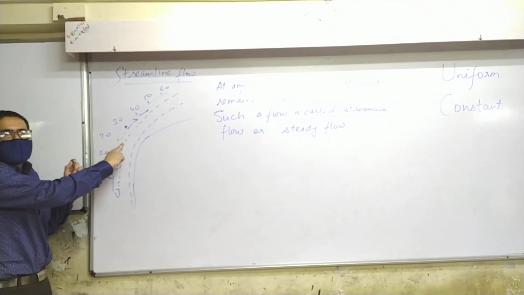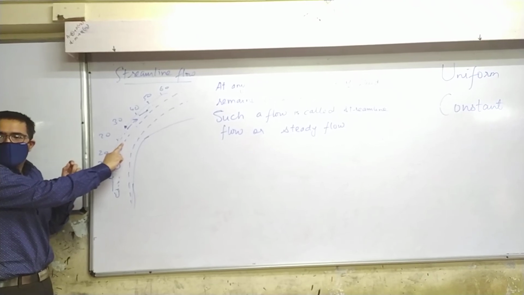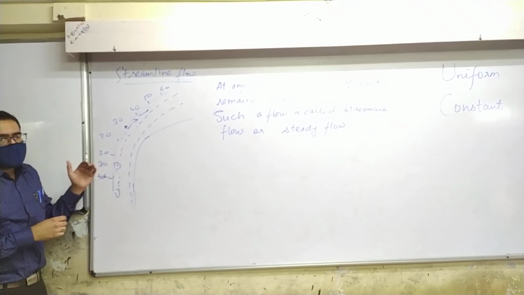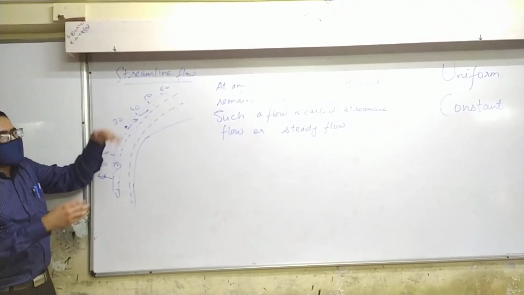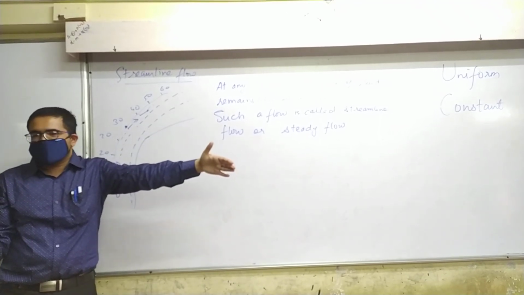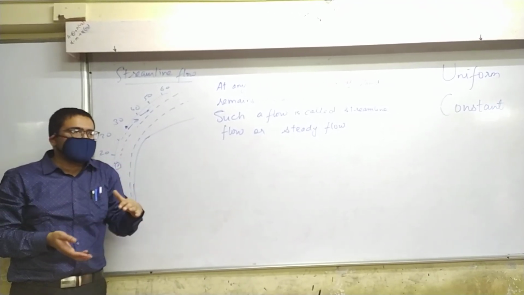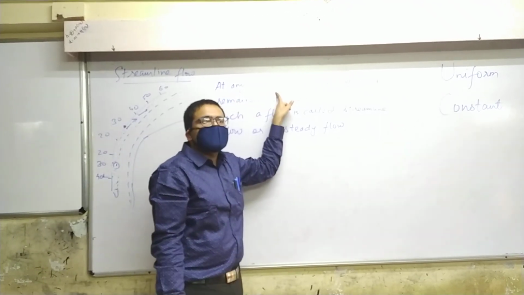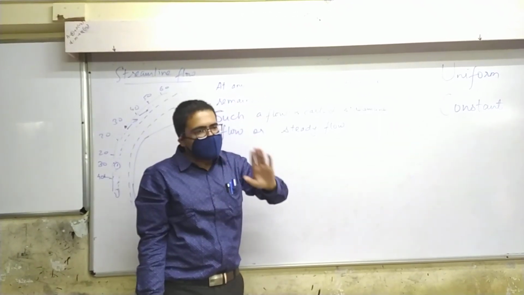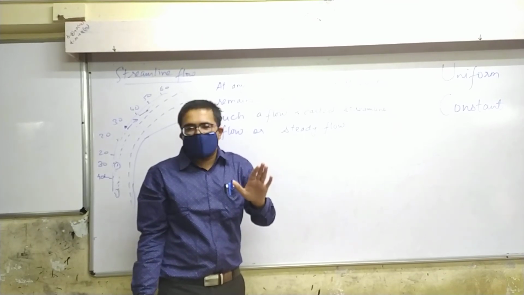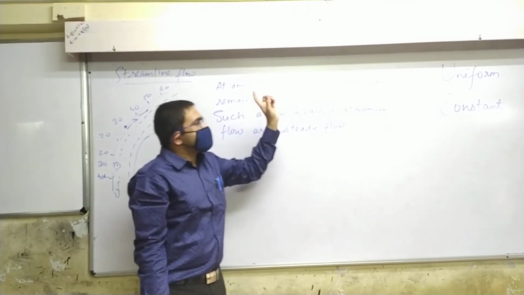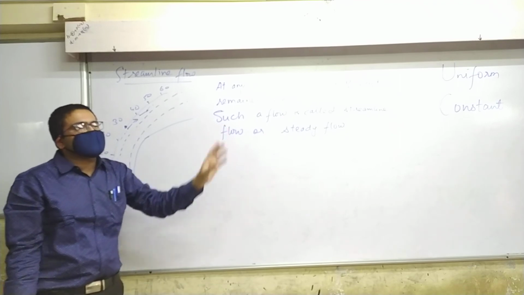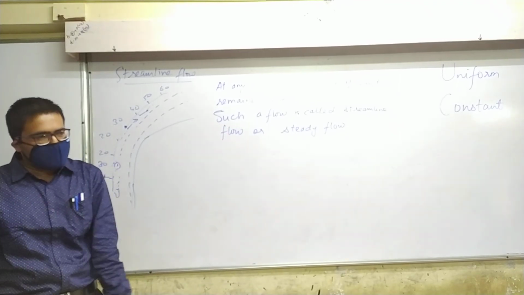So is the velocity uniform? No. What is the meaning of uniform? Same at different places. Is the velocity uniform? No. But is the velocity constant at any point? Yes. Sure, you understood this. Right? Okay? So, whenever such a thing happens, that's called steady flow.